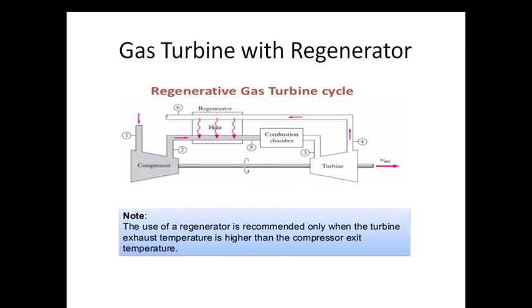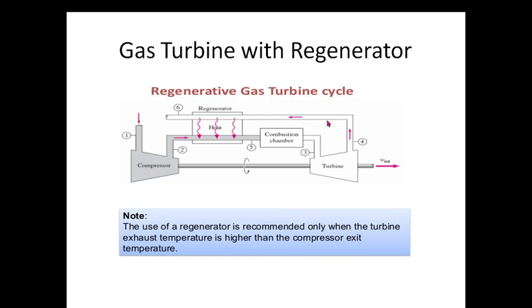So now we are going to study the gas turbine with the regenerator. So what is a regenerator? Here I am going to explain, you just listen to it. The diagrammatic arrangement of a simple cycle with the heat exchanger is called a regenerator. Here you can see the regenerator. What is it? It is a heat exchanger. Heat exchanger means there is a heat exchange taking place.